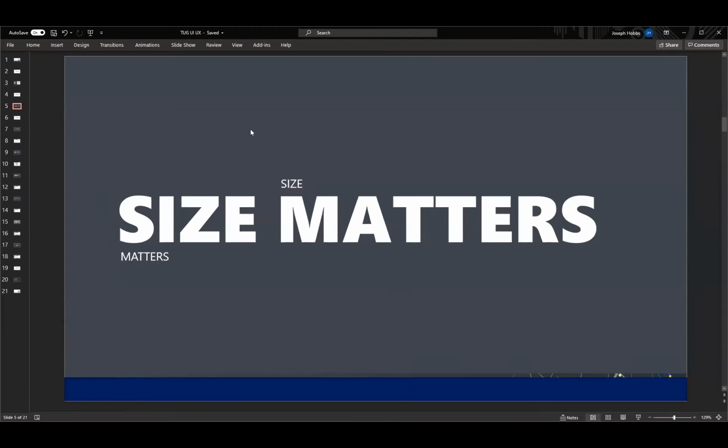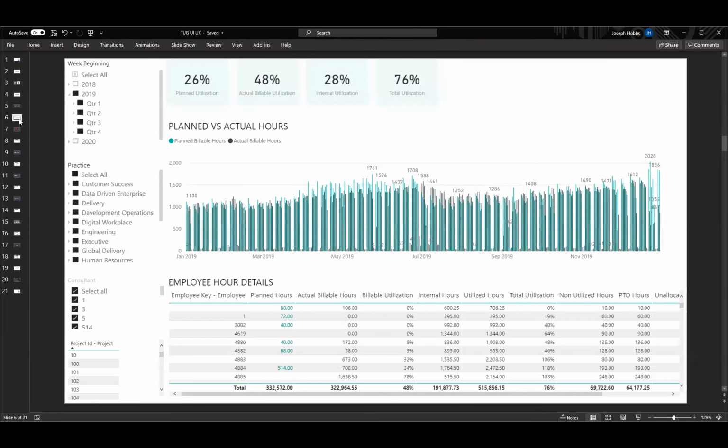These are called precognitive attributes. They are things from a UI UX perspective, and that's user interface and user experience, to clarify my acronym use here. But these are things that your brain just does. You don't really have to think about it, and you don't ever have to do it intentionally. Your brain is just going to take these leaps. As soon as you know that your brain is going to do this, you as a designer can use that to your advantage. So let's look at how we can take into consideration the size of things on the screen.